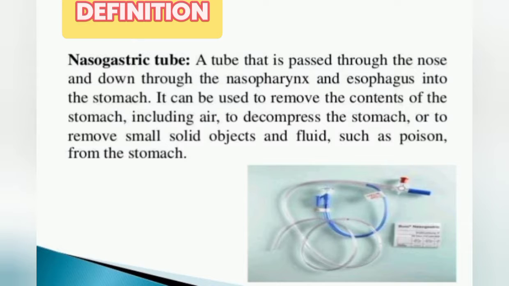Nasogastric tube. It is a tube that is passed through the nose and down through the nasopharynx and esophagus into the stomach. It can be used to remove the contents of the stomach, including air. It helps to decompress the stomach, helps in removing gastric lavages, any kind of small objects, or hydrochloric acid. If it releases more, it helps in removing poisonous particles from the stomach. In case of suicidal cases,